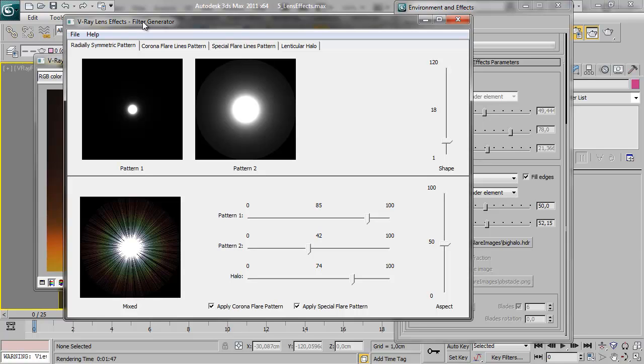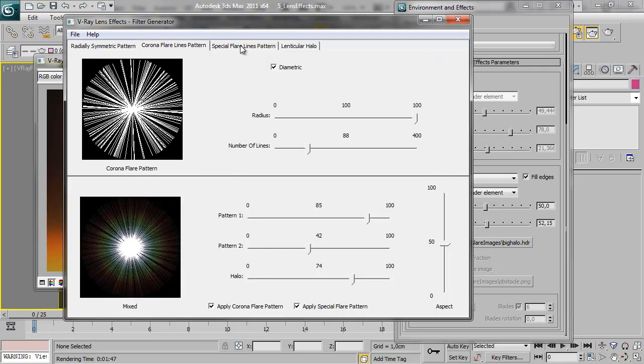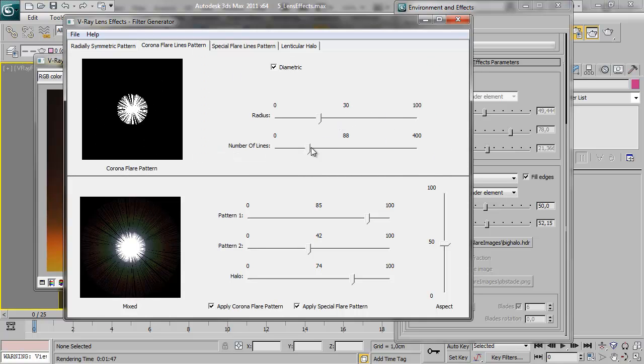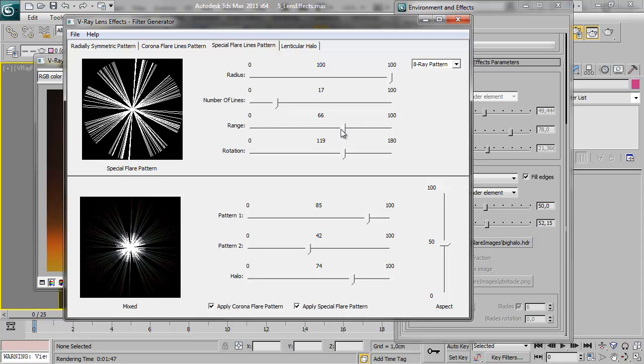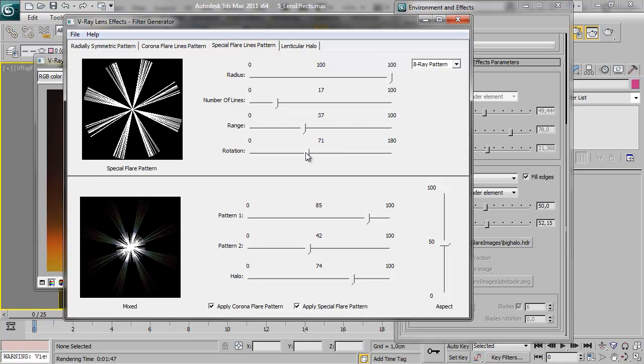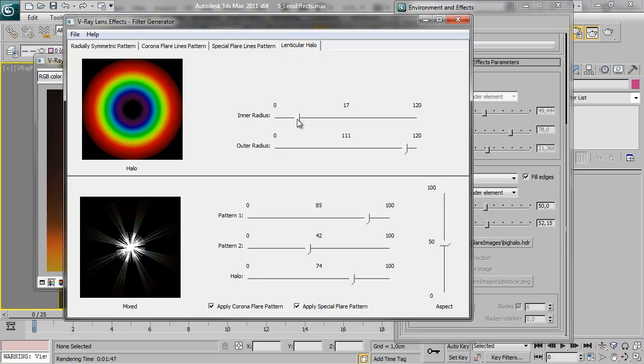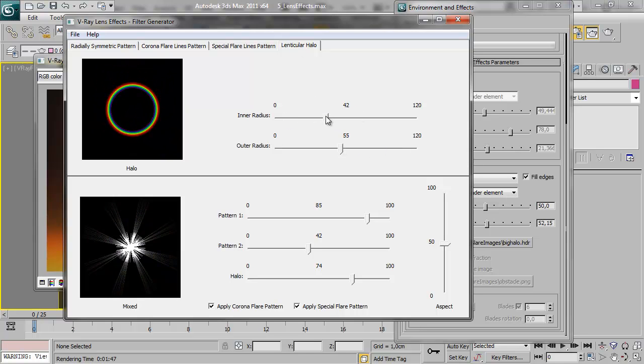This is included in VRay 2.0, and you'll find it under the Start menu in Chaos Group VRay, and then in the Tools submenu. This is a really quick and easy editor to use. It has 4 different tabs that let you vary the corona flare line pattern and the special flare line pattern. You can create various different looks. You have a halo that you can play with the 2 radiuses of,